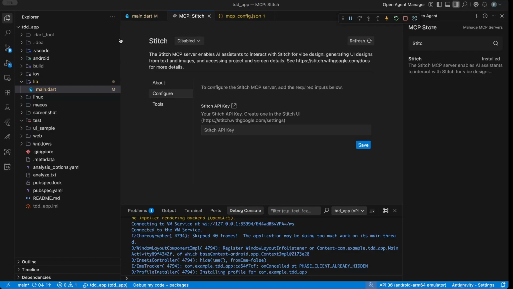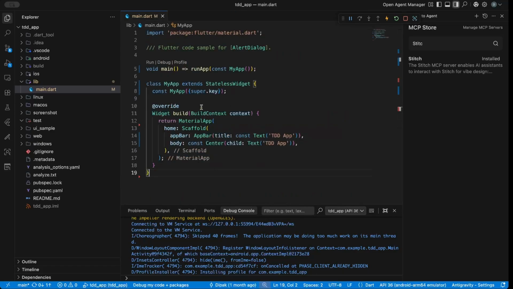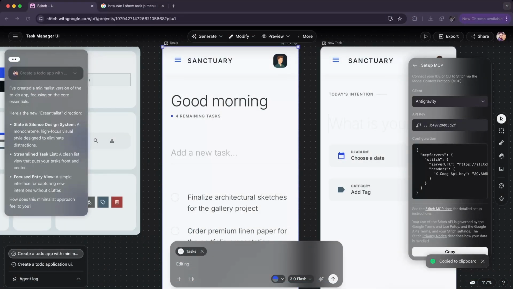Let's close all these settings, and let me close this and this. Now let's go back again. So we have this entire settings. We have done setting up our MCP. We have configured our MCP with the IDE. Now let me go ahead and